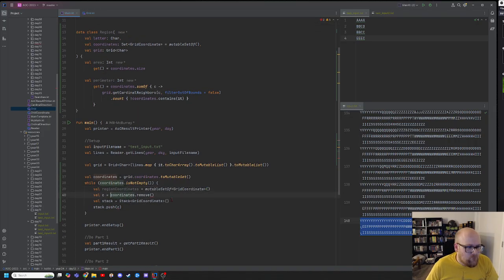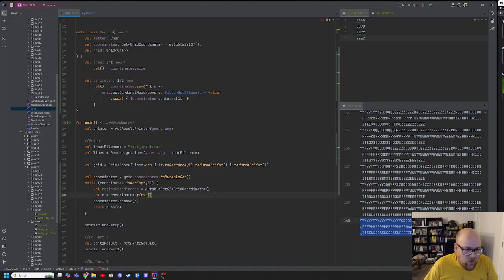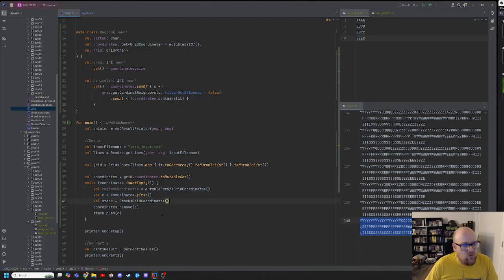Sorry, that was stupid. Get the first, remove it, create a stack. I can do that up here. Let's keep all our variable creation in roughly the same place. We're going to push it onto the stack and then do